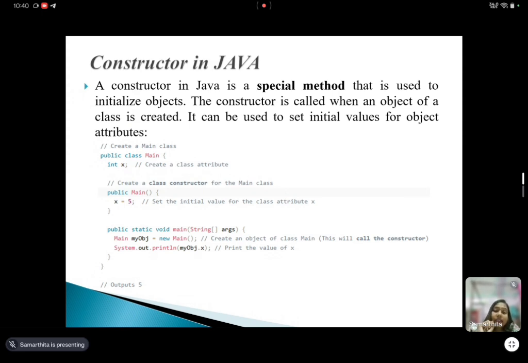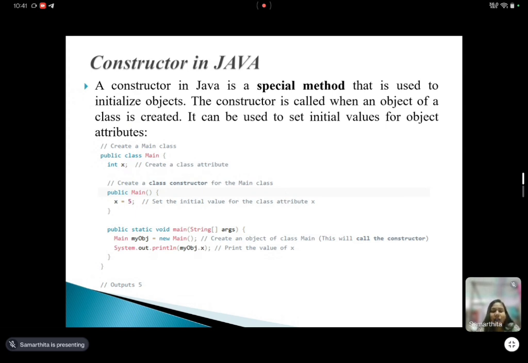It has the same name as the class, okay, and it has no return type, not even void. Thirdly, it runs automatically when you create a new object, meaning whenever you create an object, it will run automatically. And lastly, you can use it to give values to the object when it is made, okay.